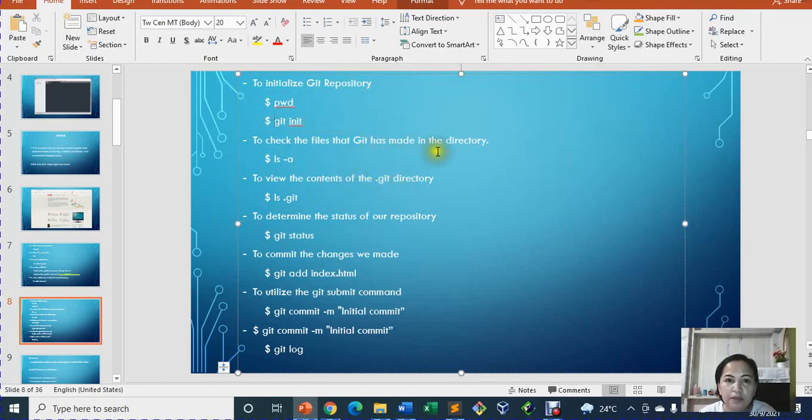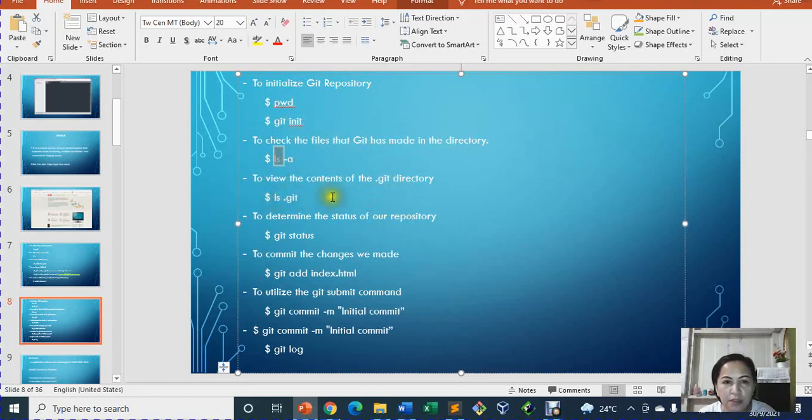To check the files that Git has made in the directory, just type ls space dash a. To view the contents of the .git directory, and you'll notice the file system that gets ready for you,